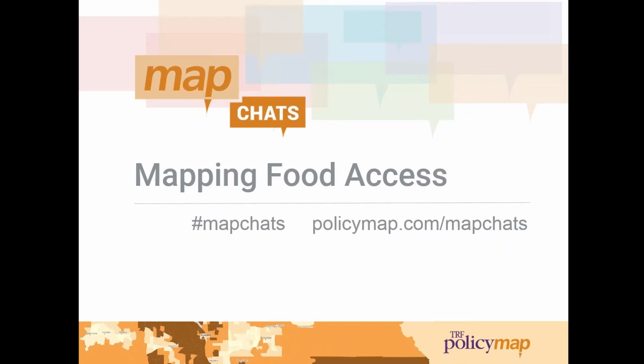As you may know, roughly 30 million Americans, so around 1 in 10, are living in communities without adequate access to healthy food. Over the last 10 years or so, increased awareness of this has spurred some national and local efforts to expand healthy food access, particularly in low-income communities. So today on Mapchats, we will dive into how community development financial institutions, government agencies, and other organizations are using data and spatial analysis to understand the food landscape in an area and to start thinking about and implementing appropriate